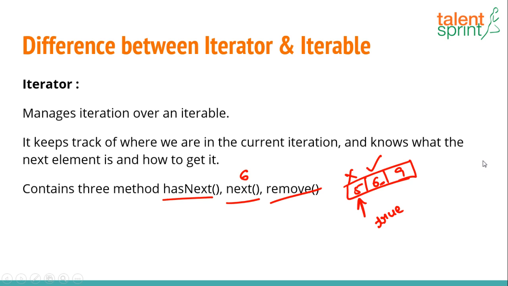Iterable is just for moving forward and backward. Yeah, Iterable just tells you that this particular collection framework that is extending Iterable is available for iteration. You can go forward, you can go backward. That is the sole purpose of Iterable. The actual work of moving forward, backward, telling you what the current state is, that is done by Iterator. So people generally confuse between the two, and if at all they know the difference, they exchange these definitions for the words. So just keep in mind, Iterable is the functionality and Iterator is what actually executes the functionality and holds the state at any point of time. Alright,